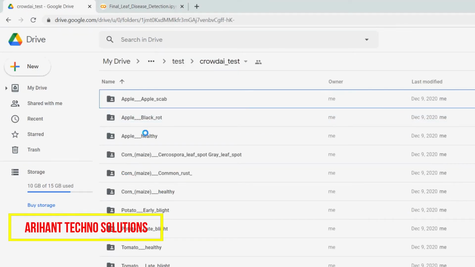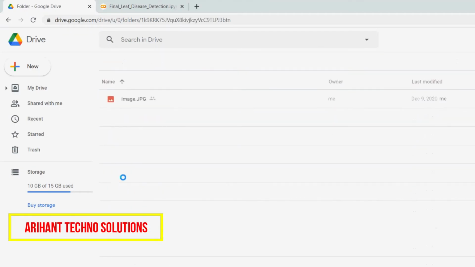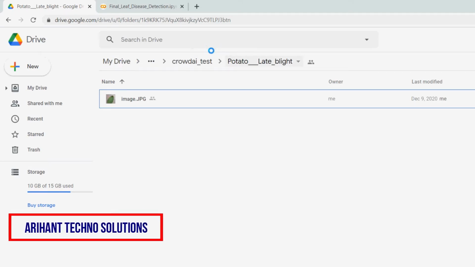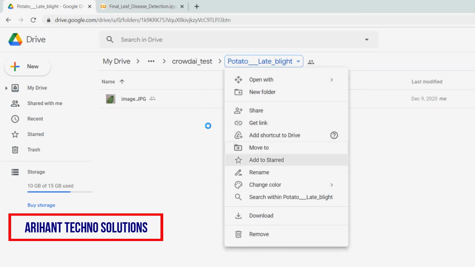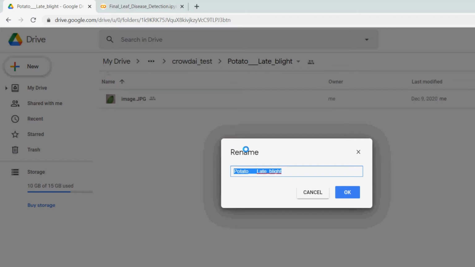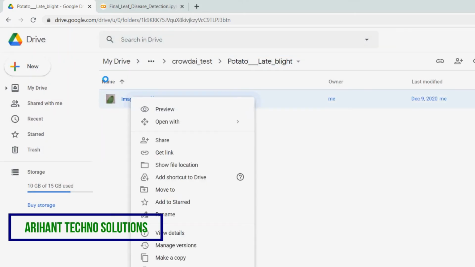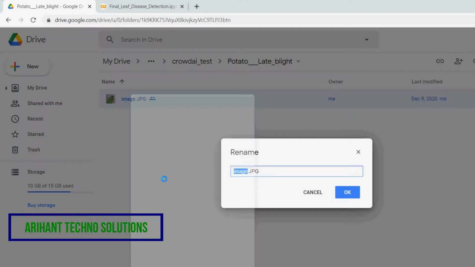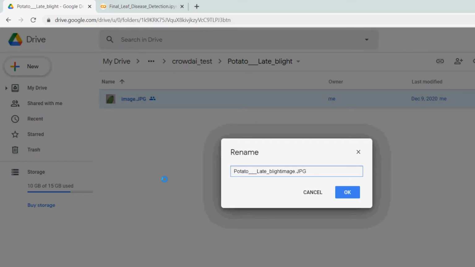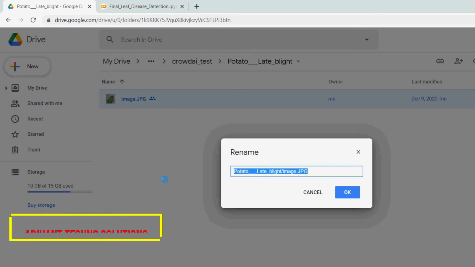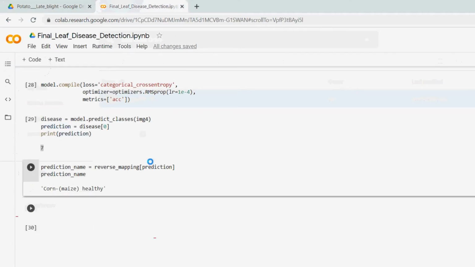For that I just use this one, potato late blight. I go with this, rename, copy the folder name, rename it, paste it over here, cancel here.